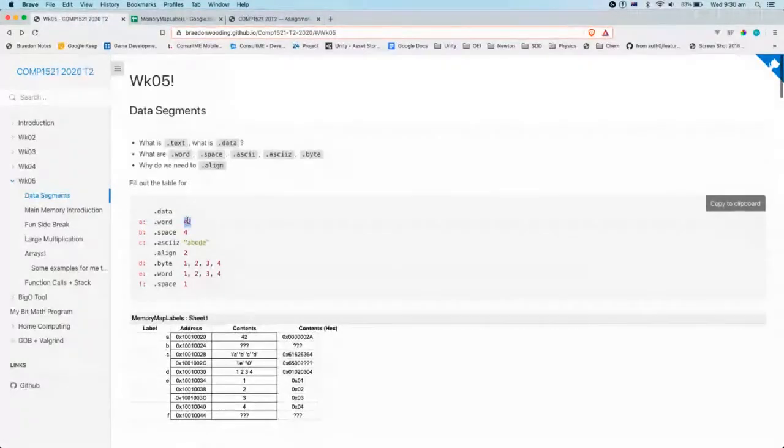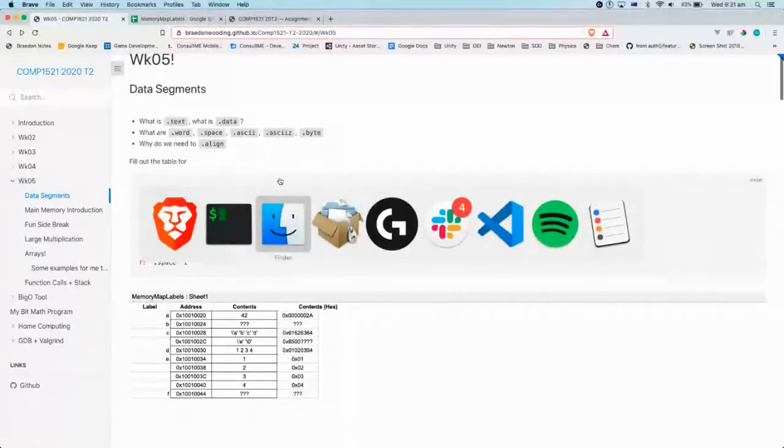That's fine. If you're going to create an array of words, right? So say we're going to create like 80 words, then we're going to create space, let's say 80. But before we do that, we need to align that. And so we'll align that space 80 by 2, right? Which is going to align it by 4 bytes, if that makes sense. So for example, you'd write it like,